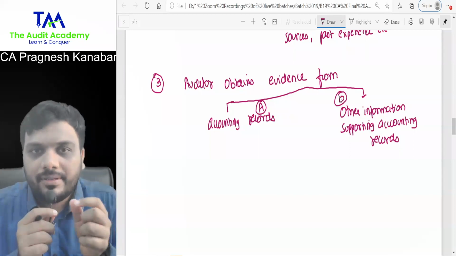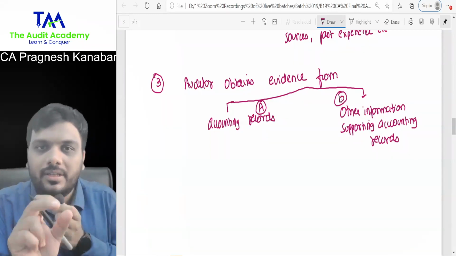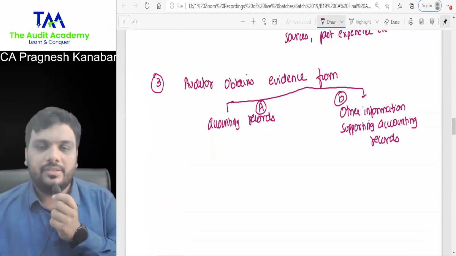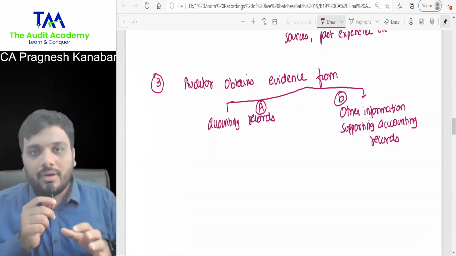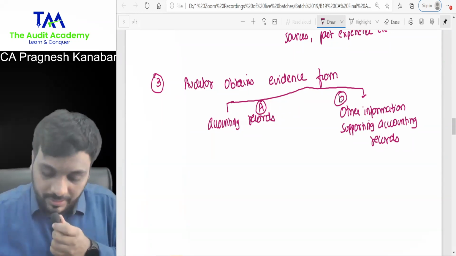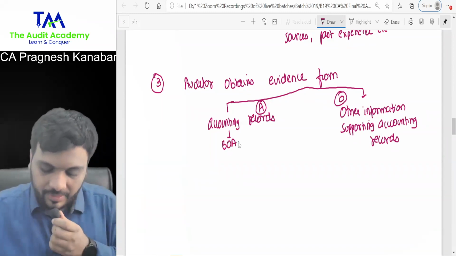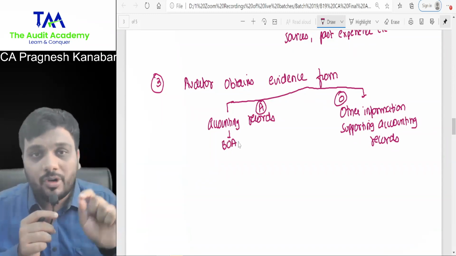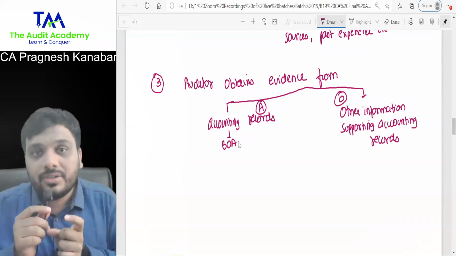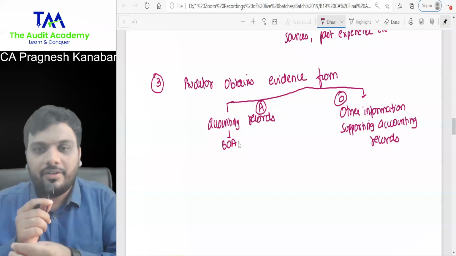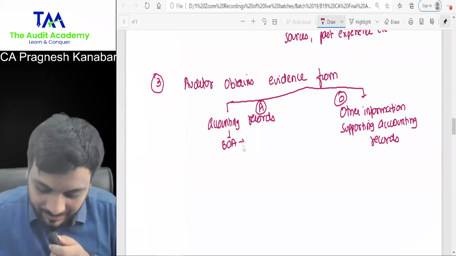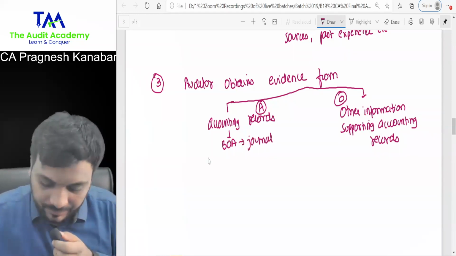So what happens is that you think that accounting records is just what you studied in 11th standard, 12th standard or so. All right, that books of accounts, journal entries and stuff. Accounting record is any record based upon which the accounts are prepared, correct? So it is nothing but your books of accounts. But listen, when it comes to books of accounts, it is not journal entries. You remember in 11th standard when you used to write journal entry, you also used to write the narration, with this entry referring to so-and-so voucher number, so-and-so invoice number. So listen, your journal entries,